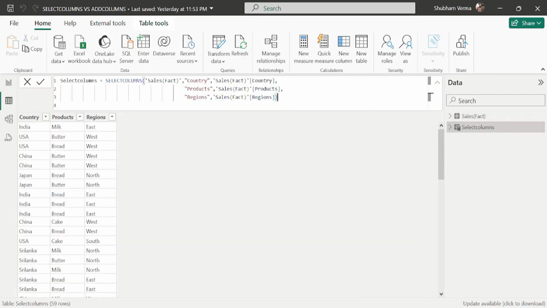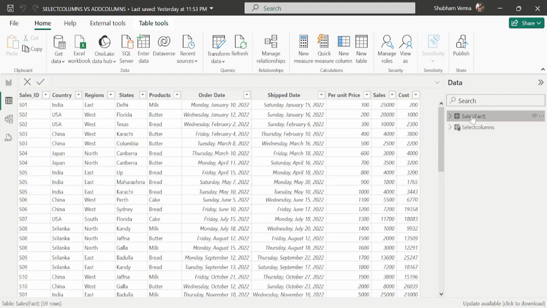So in this way, guys, you can add any existing column from any existing table with the help of the SELECTCOLUMNS DAX function. And now let's create a calculated column here. Before that, let me show you this fact table. Suppose I want to create a new column here called profit. I want to calculate sales minus cost, and I want to return this profit column under